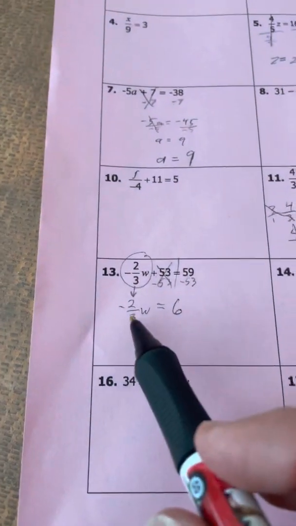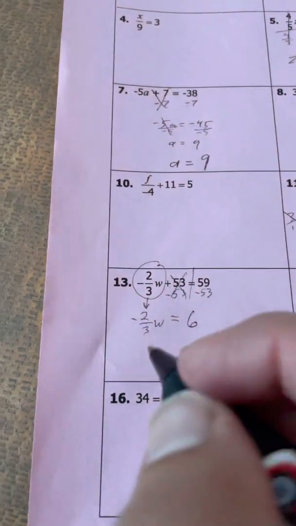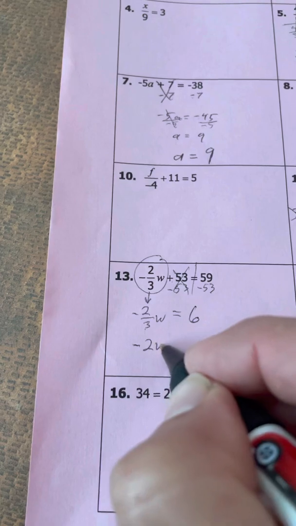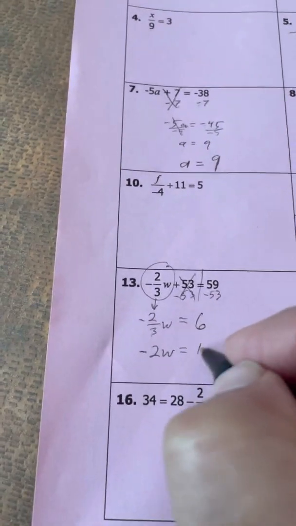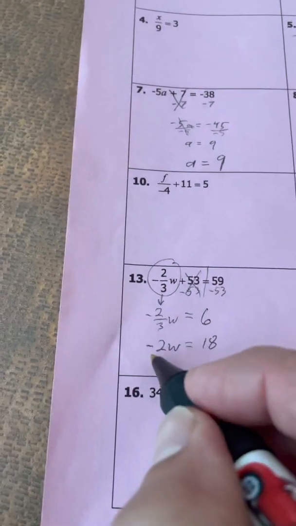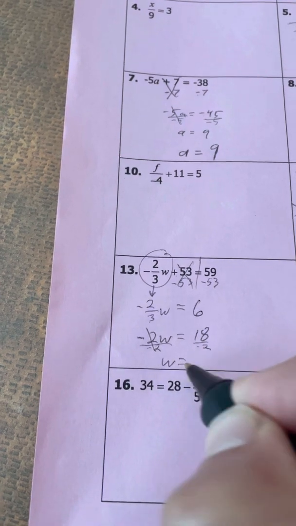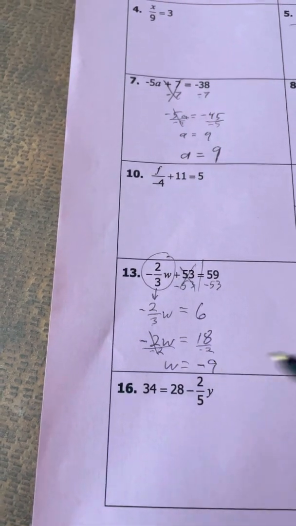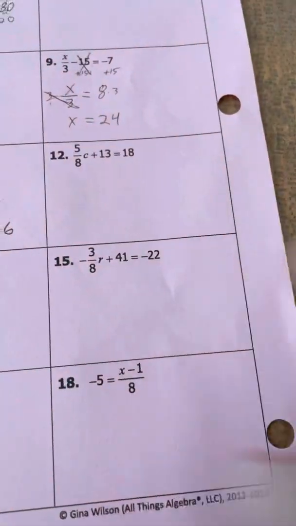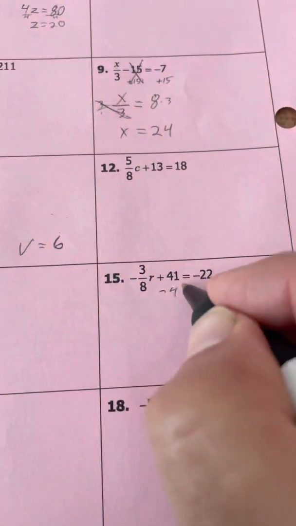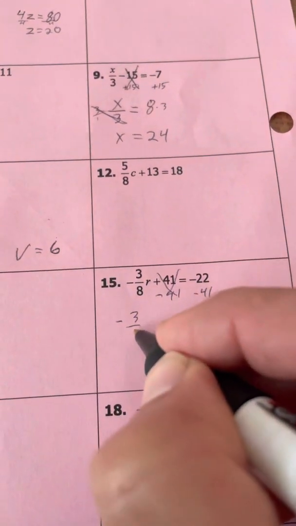Now, I can multiply both sides by 3, and I get negative 2w, and 3 times 6 is going to be 18. And then I can just divide both sides by negative 2 to get w by itself, and I get negative 9. Number 15. Subtract that 41. These cancel out. I'm left with negative 3/8 r